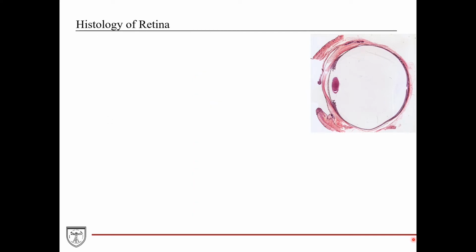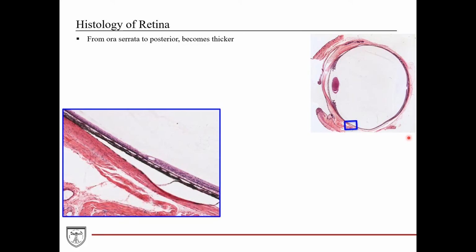This is the largest portion of the neural tunic, and it extends from the ora serrata anteriorly, and it extends posteriorly from there. And as it extends posteriorly, it becomes thicker and thicker. Ora serrata is the irregular boundary between the retina and the pars ciliaris, right around there. Looking at the higher magnification of this transitional zone, right around that boxed area, we can